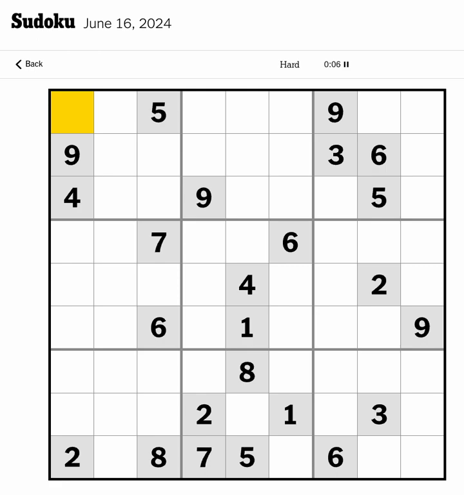Okay, so this is New York Times Sudoku for June 16th, 2024. This is my walkthrough. Let's get it going. First thing first, let's put down the